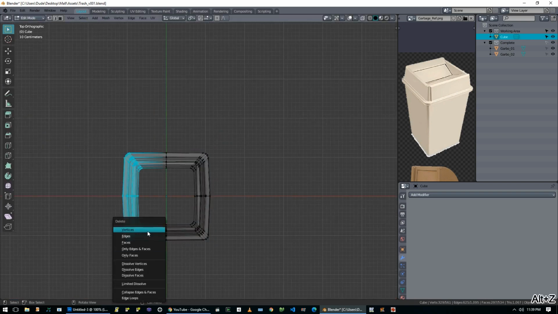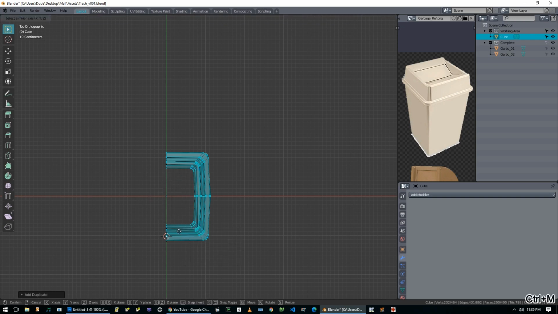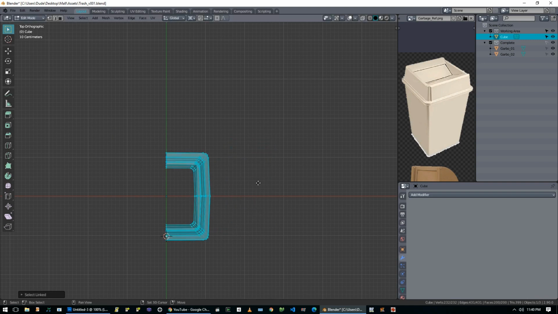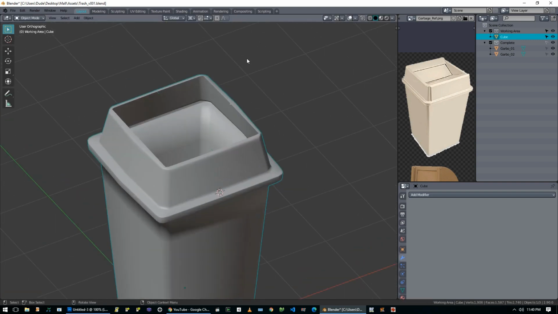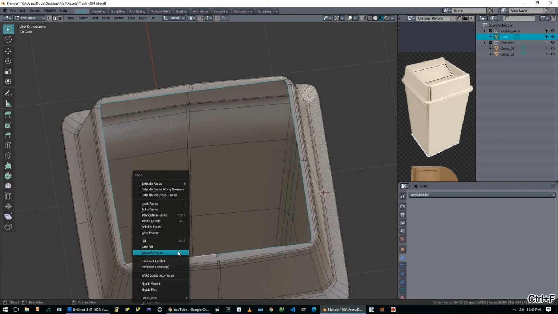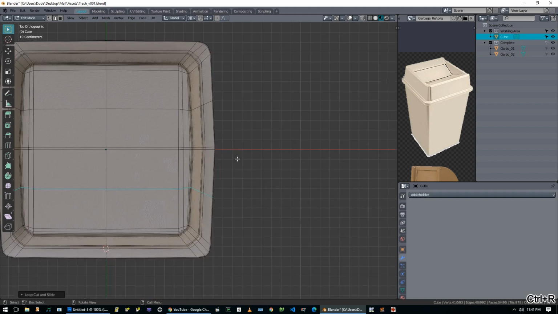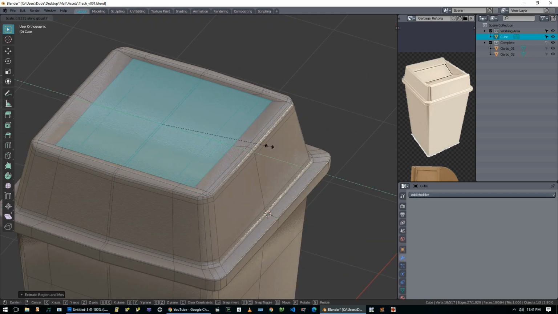But here I made a mistake when I was cleaning up because I accidentally deleted different edges on the left side than I did on the right side. So I was like, you know what, let's just duplicate this and then put a mirror modifier on there so that both sides look exactly the same. And then now that I have a mesh that looks a lot more simple and has a lot fewer polygons, I went in and I recreated the top so that it would look good,